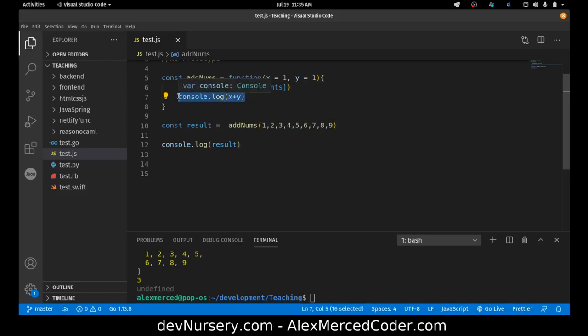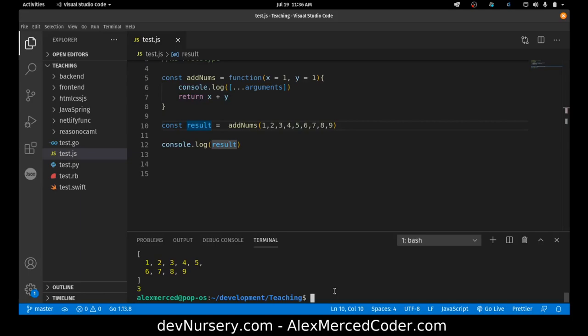So the way that a function gives data back is with a return statement. So you do return. It doesn't matter what syntax it is; return works the same way in all three. So you can return x plus y. What this will do is return the result of x plus y. In this case, the function will return 1 plus 2, because those are the first two arguments. 1 goes into x, 2 goes into y, so it returns 3, which gets saved in result, and then we'll console log the number 3. So a function needs to return a value for you to be able to do stuff with it,